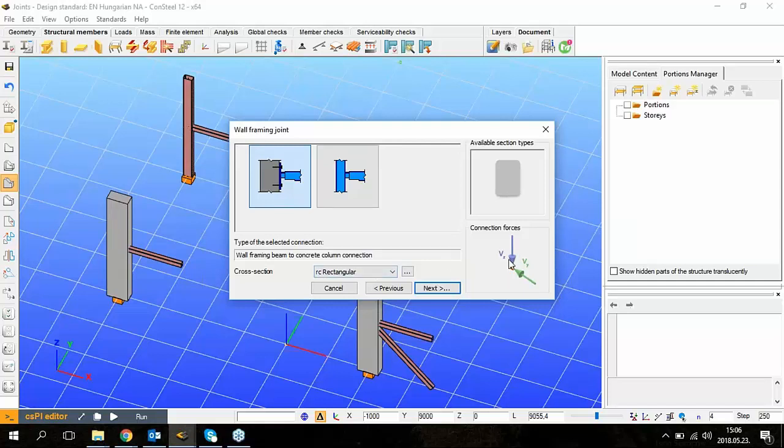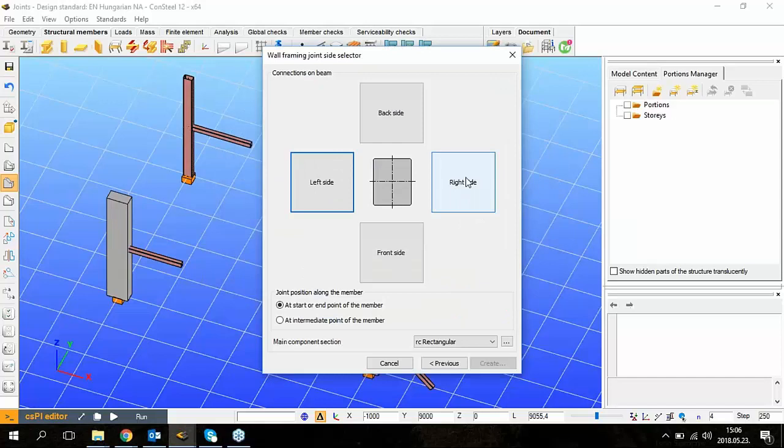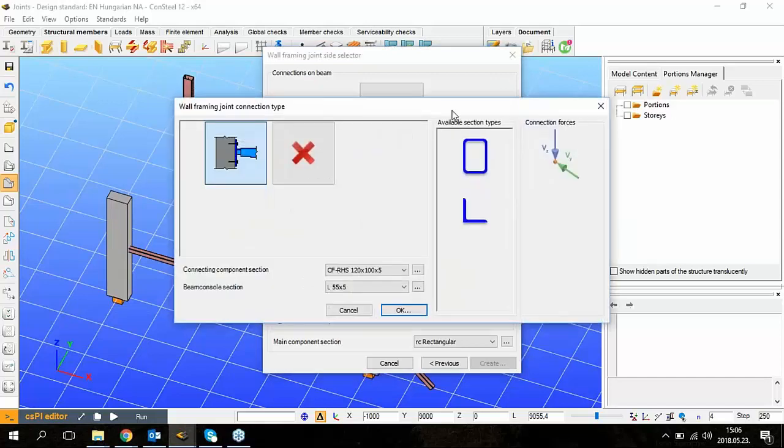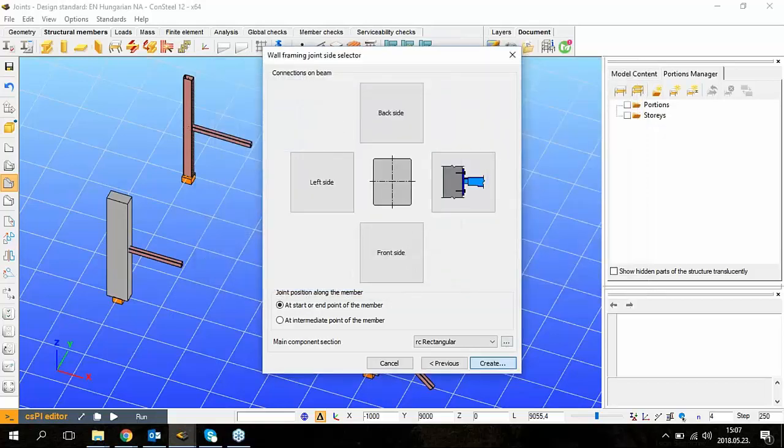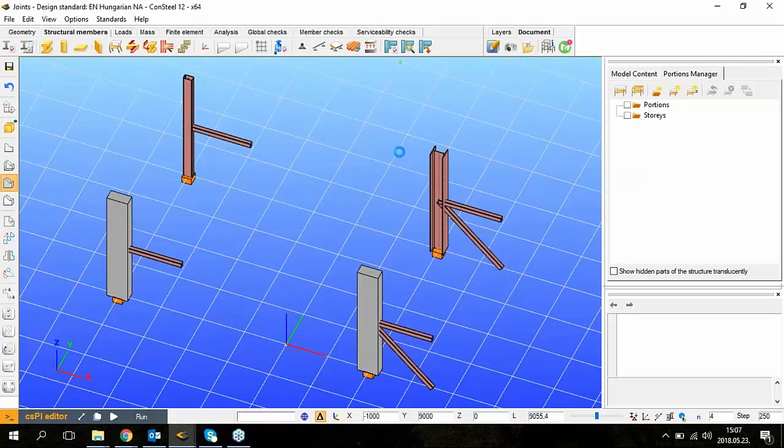And you can see that this connection will only bear shear forces. Let's choose a site for the connection. And here you can see that for this connection type, you will need a hollow section, and also you will need an L profile, which is loaded already in the model. Okay, if you click on the Create button,